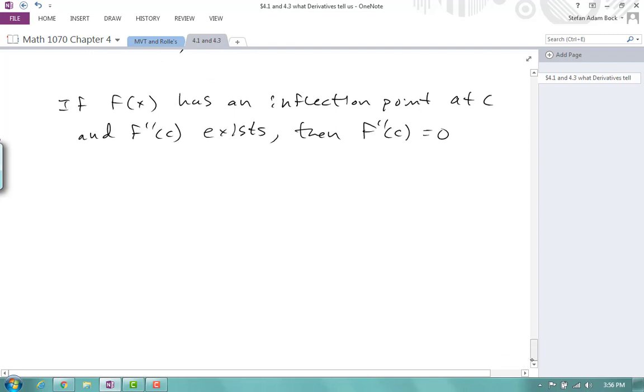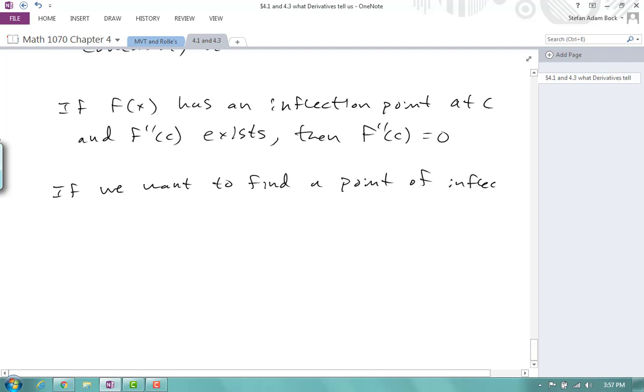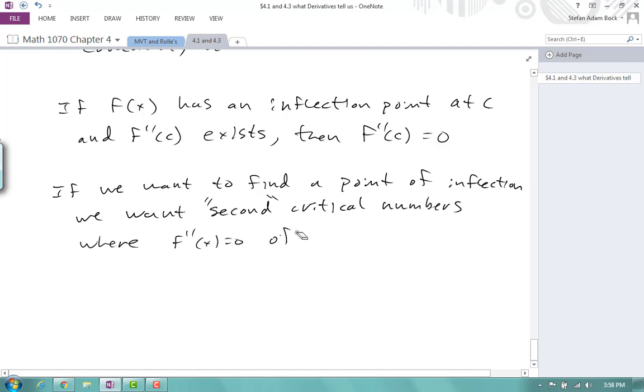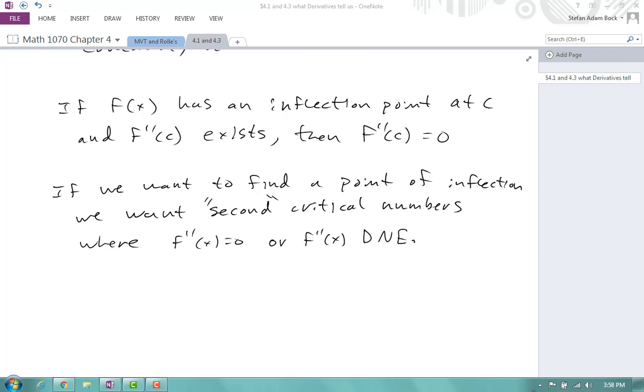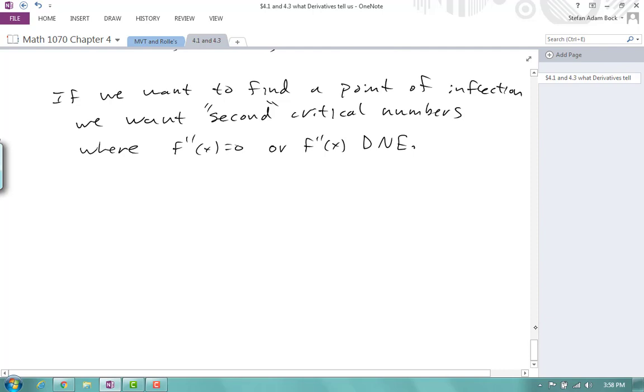Which means when we're looking for points of inflection, we actually do exactly the same thing as when we're looking for local maxes and mins. So if we're looking for points of inflection, then we want second critical numbers, where f double prime of x is equal to 0, or f double prime of x does not exist. Now, based on the definition of a point of inflection, I also need the function value to exist to have a point of inflection. So for example,